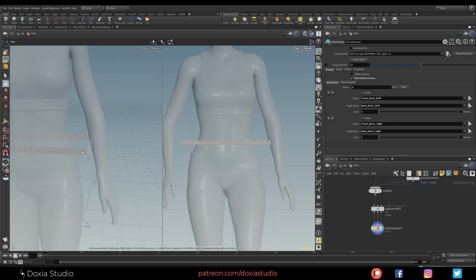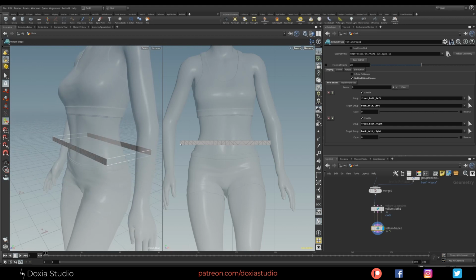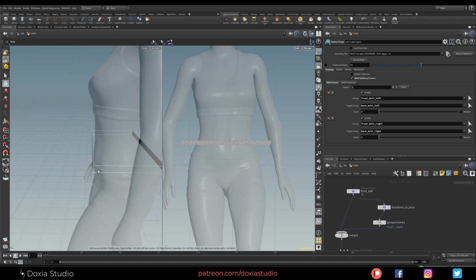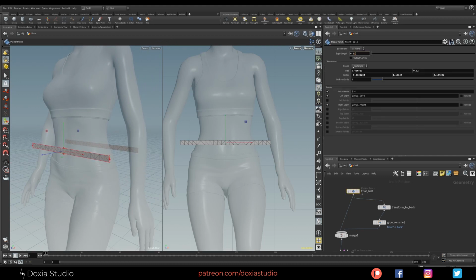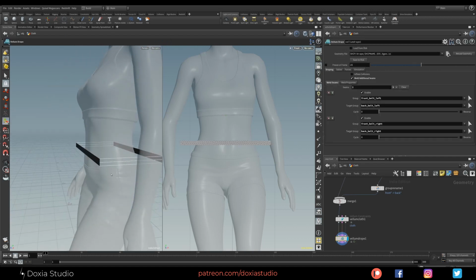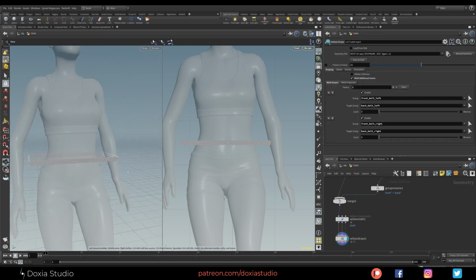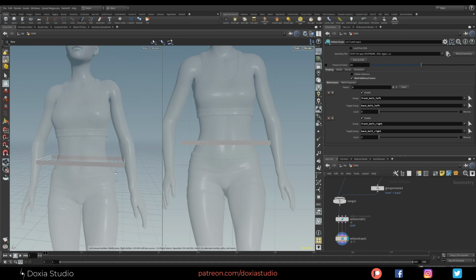Okay, pretty cool. And now, maybe this is only using 2 points, but let me just check one thing. If we do this, okay, now we have 3 points. It's better for the stitching.